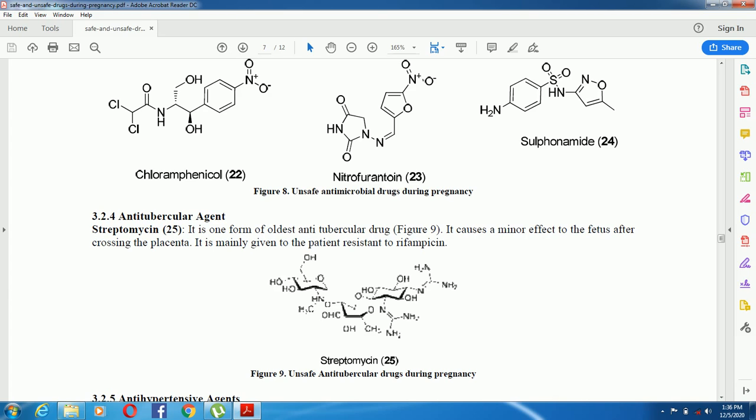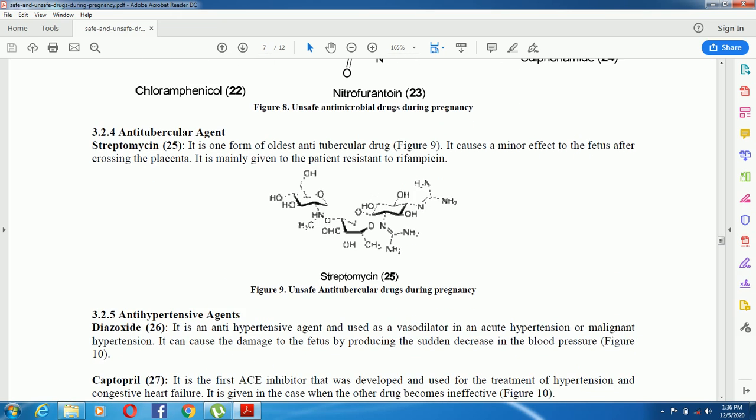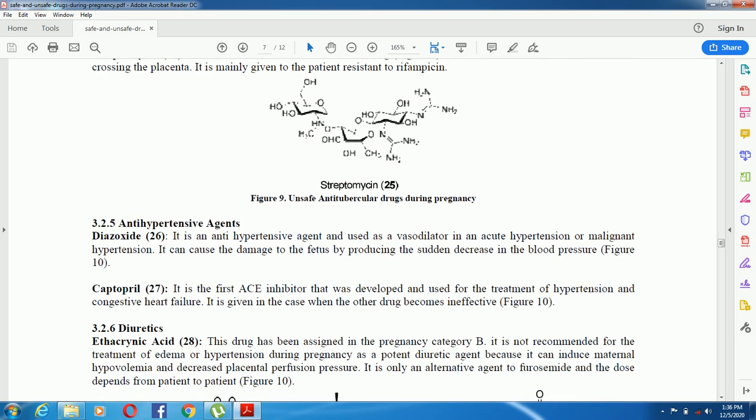Streptomycin is an unsafe antitubercular drug during pregnancy, and the drug which I have already highlighted, for example isoniazid, is safe among antitubercular drugs, while streptomycin, the oldest antitubercular agent, is not safe during pregnancy, so it should be used with precautions. Now come